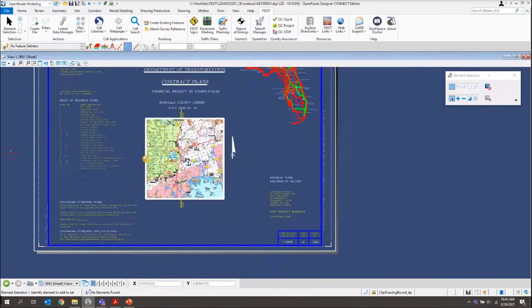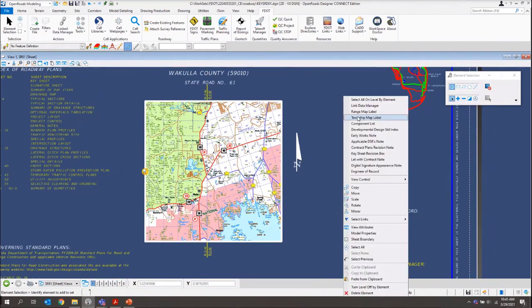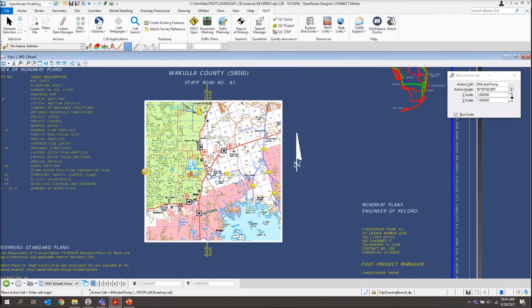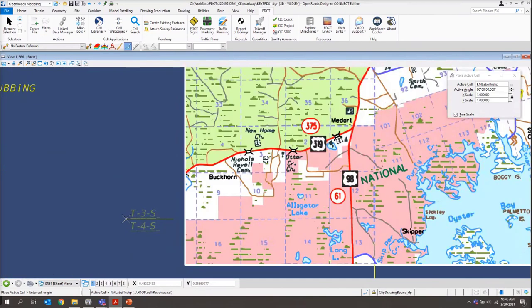And there's my range, and then we'll do the same thing for our township labels. It looks like my township label is right about here, I believe.